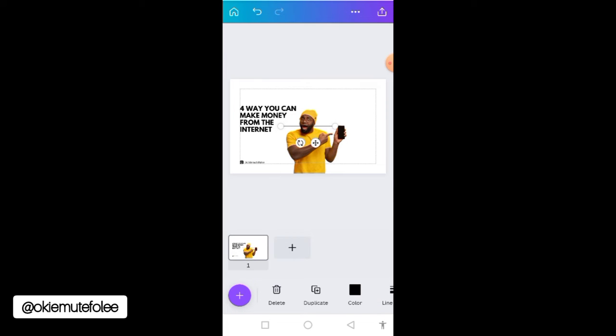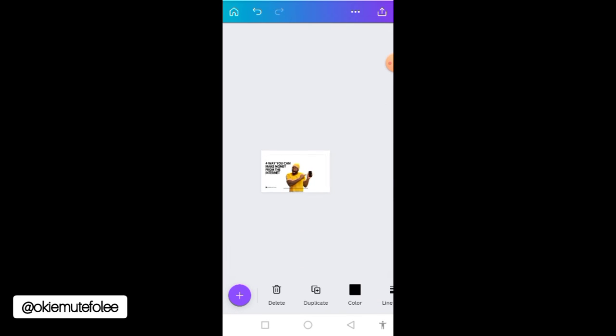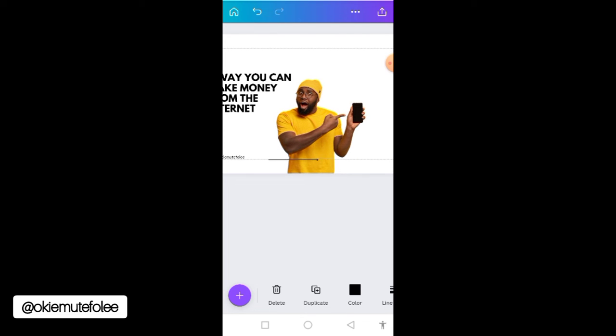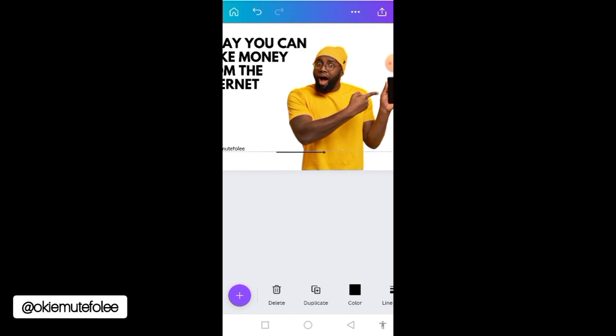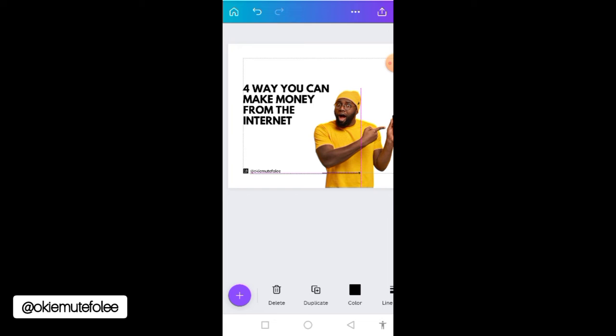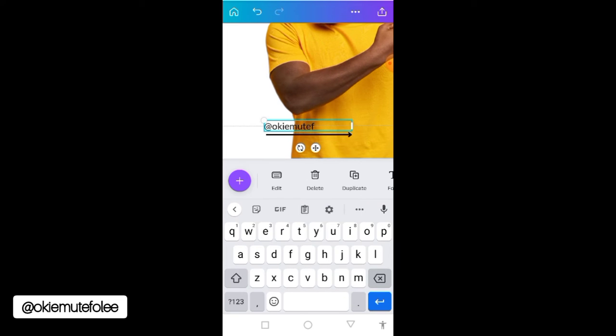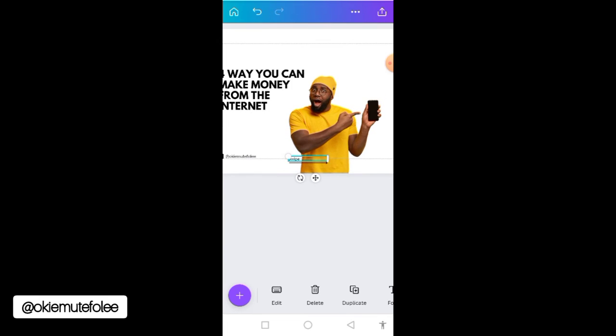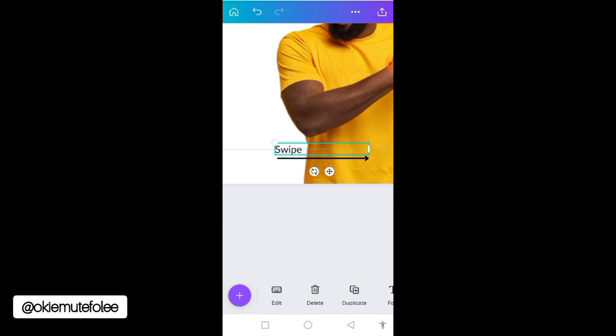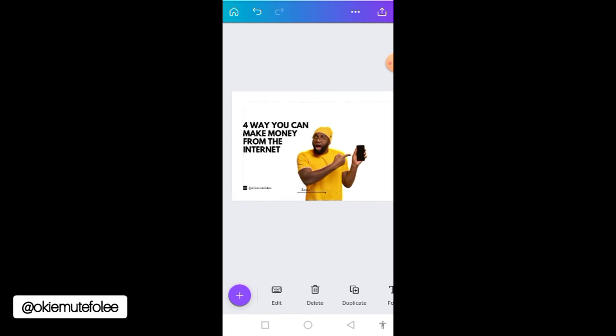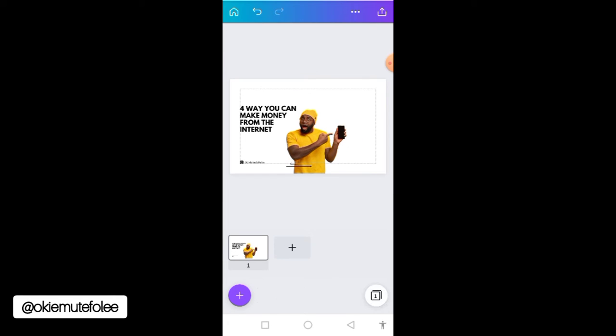So you see here, so I'm going to reduce the size, and I'm going to type something there and say swipe. All right, so I'm going to say swipe. So can you see what I'm doing now? So I'm just going to adjust this a bit. Okay, so